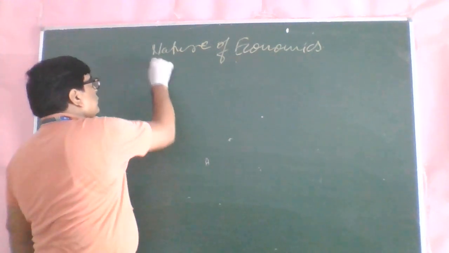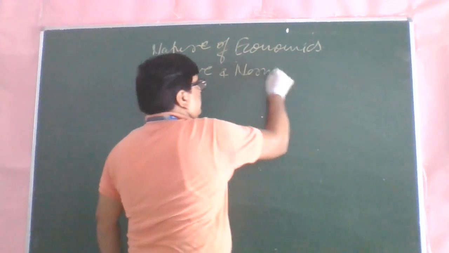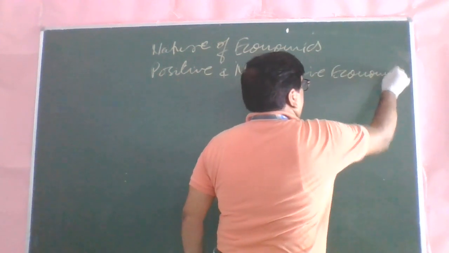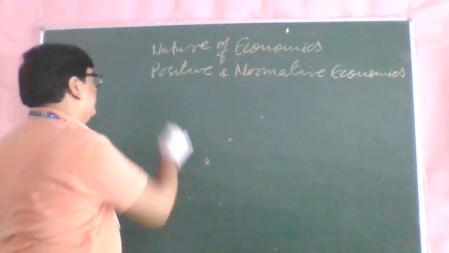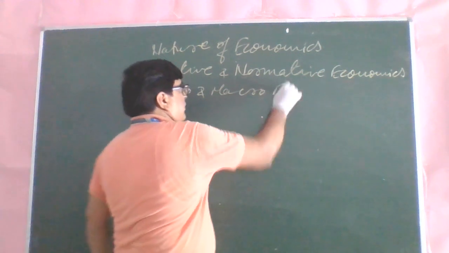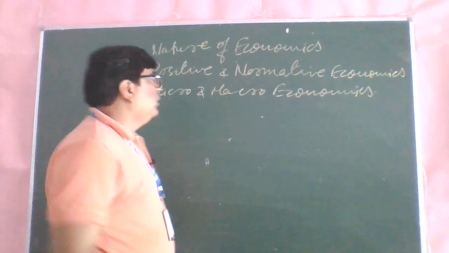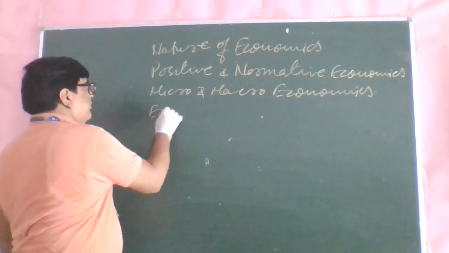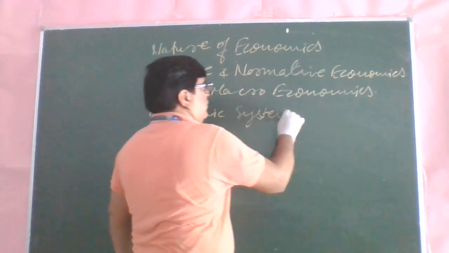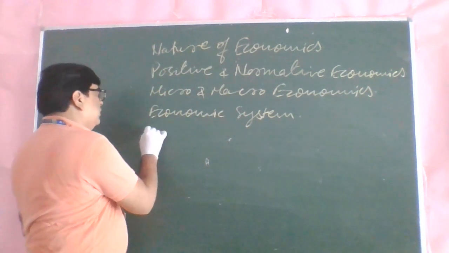Number two, positive and normative economics. Number three, micro and macroeconomics. Number four, economic system. And if time is left, then we will learn